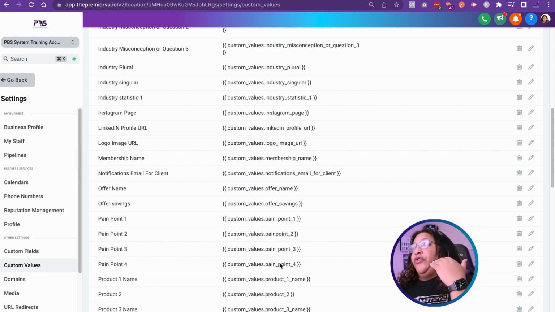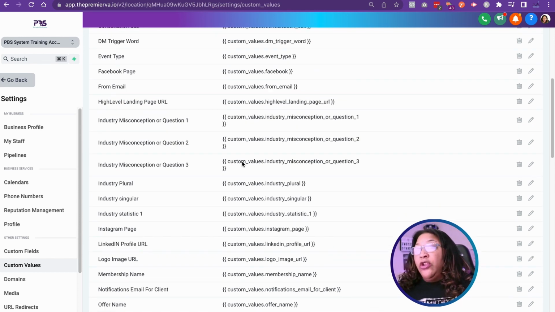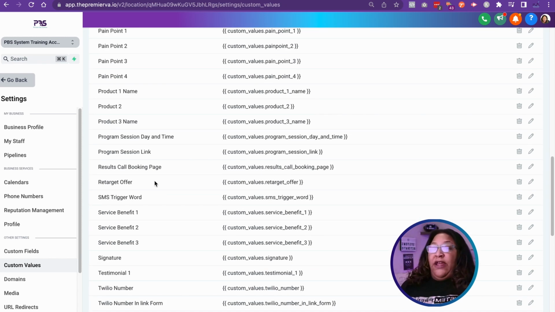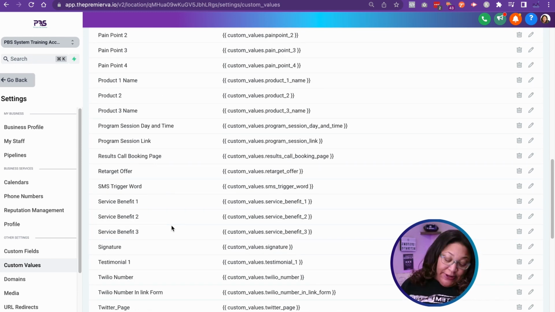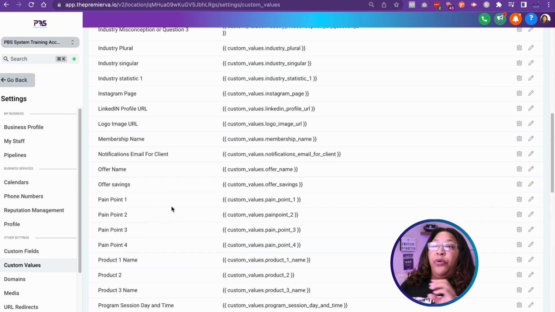What is an email that we need to use, right? So if you're doing from emails, you can put a custom value for the from email in here, and you can do custom values for pages, right? The registration page, the sales page, all of those things. So think about it like this. When you are building, a lot of times we may change domains, we may change emails, we may change a lot of things. And when we build things, we put those values in emails, we put those values on pages, and High Level has made it so that we can use